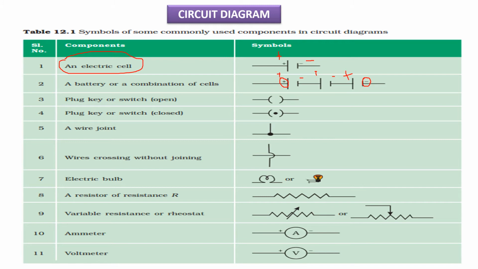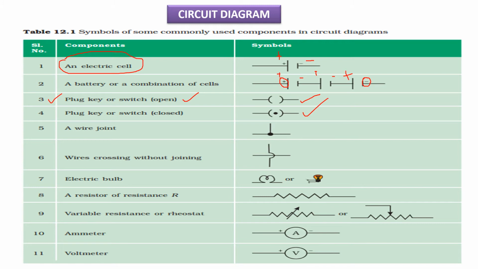And coming to the third symbol, the plug key or a switch. See, the switch can be like this, and it is open, nothing is there, the black dot is not there inside. It is called an open key. And if a dot is kept inside the key, that means the switch is on, or the key is on. It can be called a key, plug key, or switch. Three names are there. Which are those? Key, plug key, or switch.